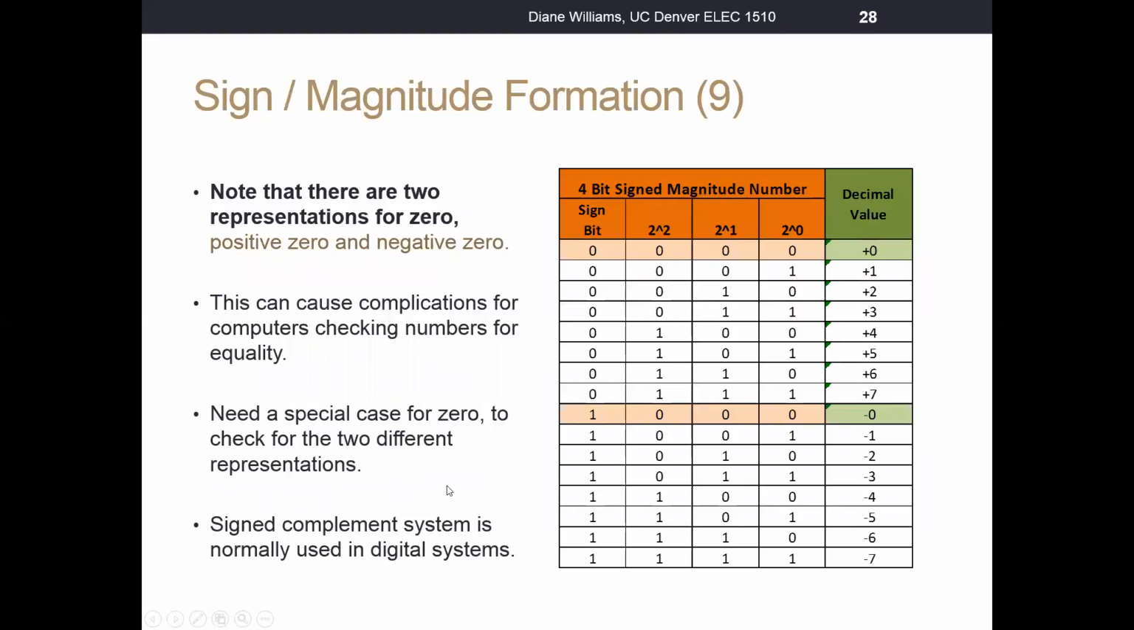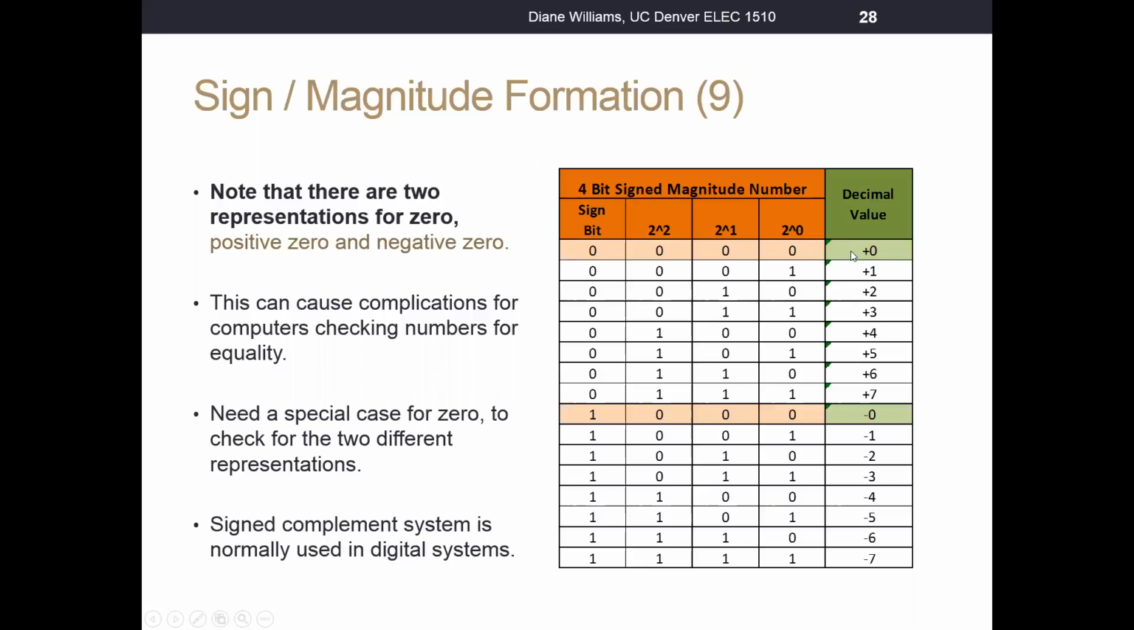Right. Now we've noted the fact that we have a special case here, right? We've got a -0 and a +0. That can cause complications for a computer when they're checking numbers for equality, right? Because one thing computers do all the time is they compare values, right? Mathematically, we compare values quite a bit. And it can be very confusing then if we have,